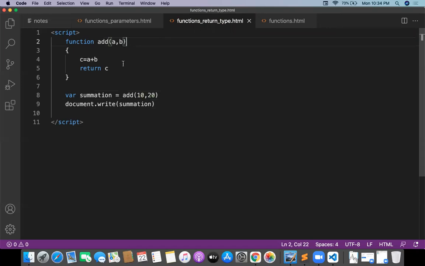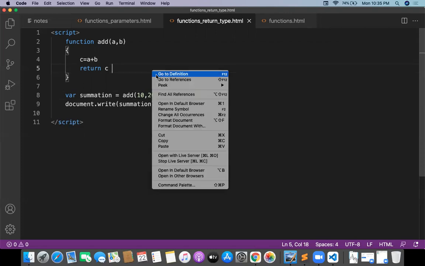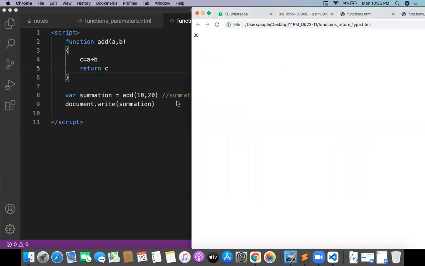Whatever a plus b value is there got stored in c, and c is returned for us. Whatever c we got is stored in summation. So now summation is equal to c. That is the basic meaning of this particular program. I hope you understood how it works with the function with the return type.